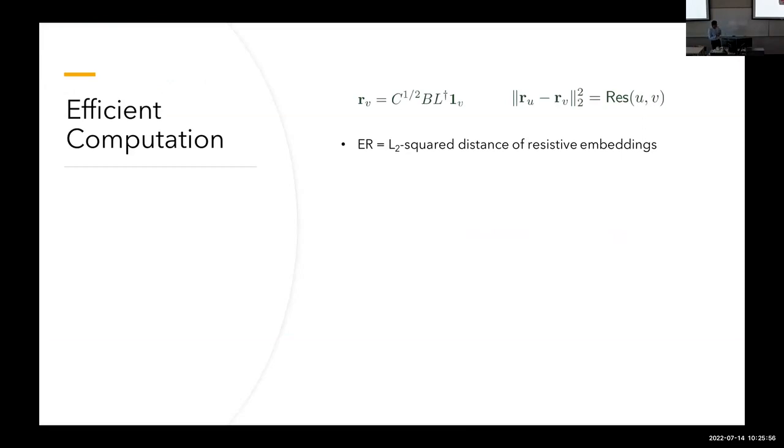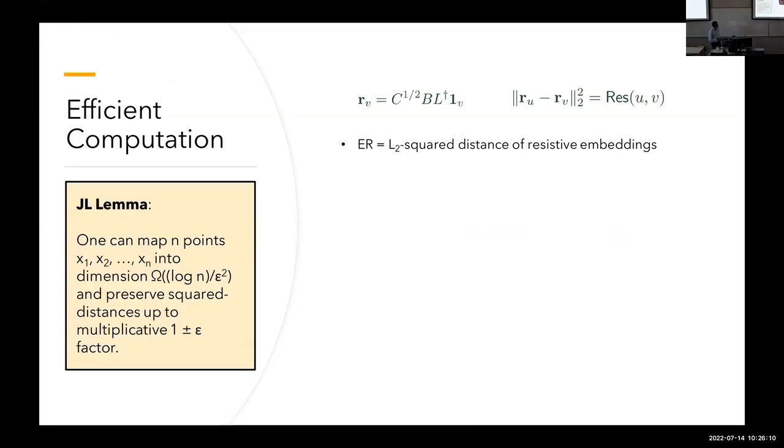Okay, so again, just a reminder. I have this resistive embedding, and the L2 squared distance between these embeddings at the nodes gives me precisely the effective resistance. And now there's this nice idea that I can use,